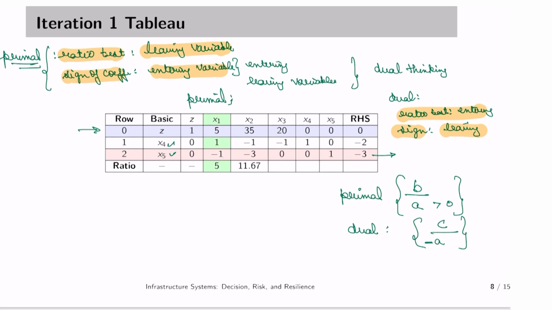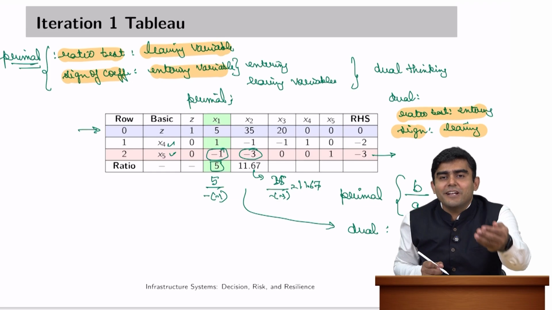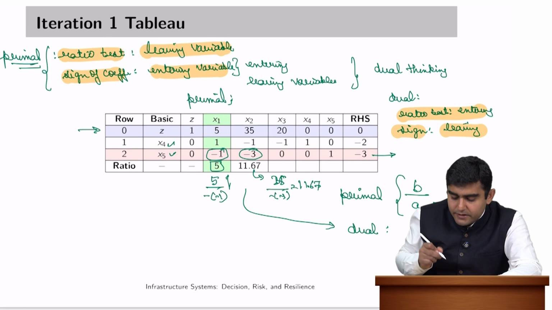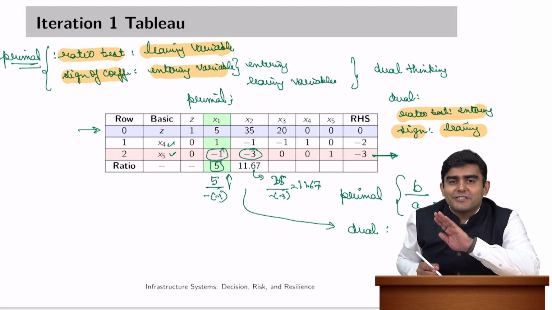So here you see that these are the only two coefficients in the tableau that qualify for ratios being taken. So we say that 5 divided by minus of minus 1, as per our formula, this ratio becomes 5. Here it becomes 35 divided by minus of minus 3, which gives us 11.67. In primal, the one with lesser value was leaving first. In dual, the one with lesser value will enter first. So 5 enters into our solution, minus 3 leaves the solution,